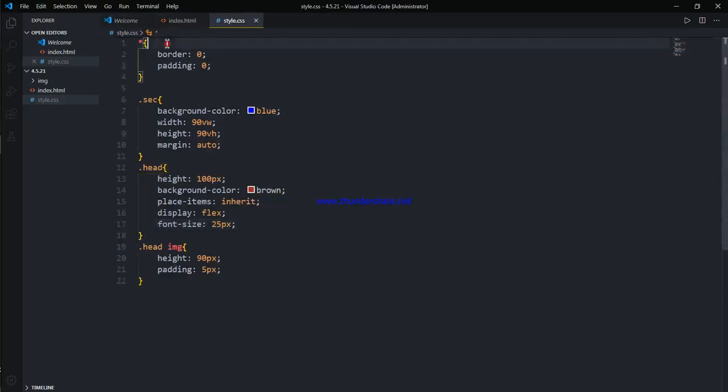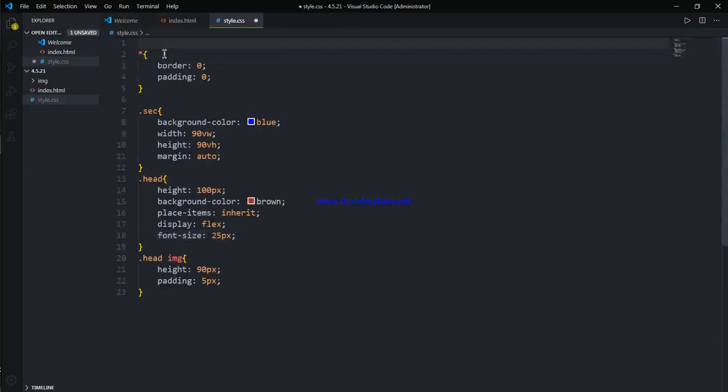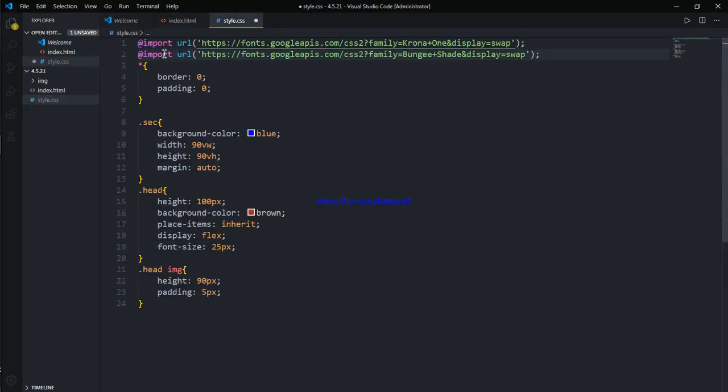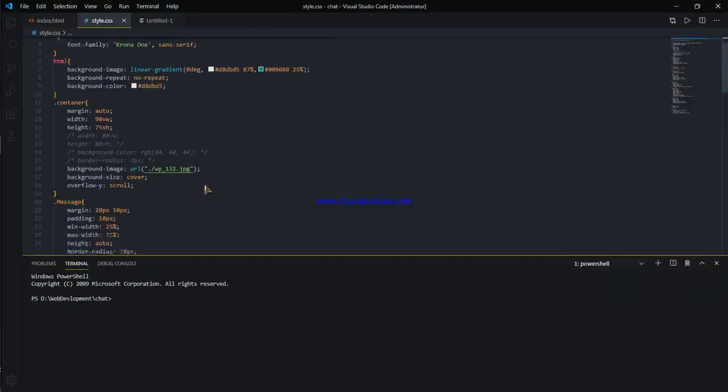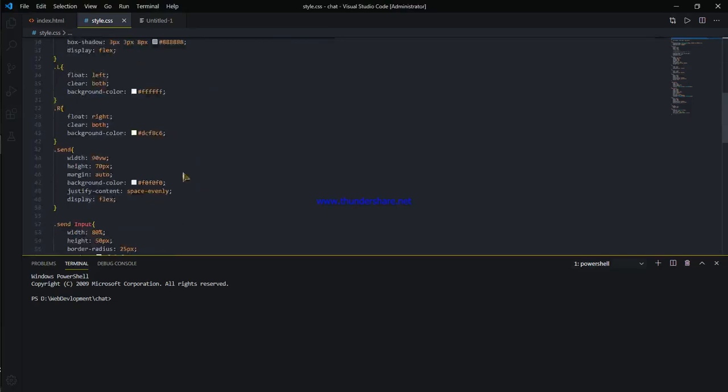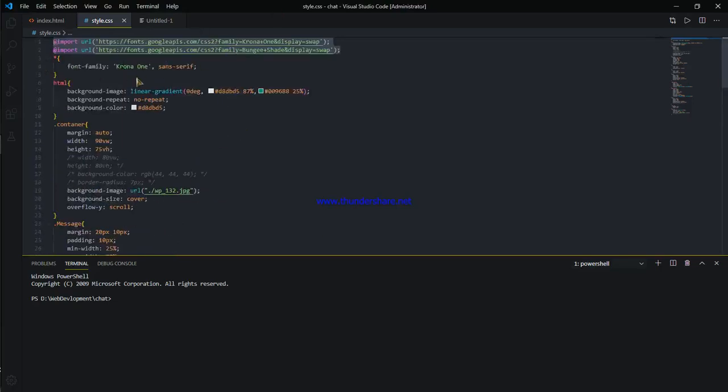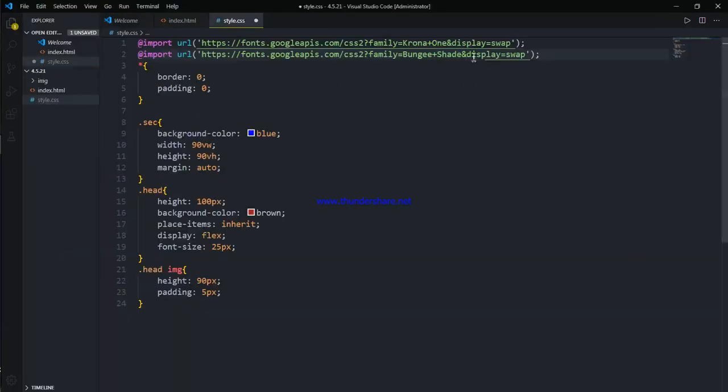So I will just paste it at the start of my CSS, and you can see this font.